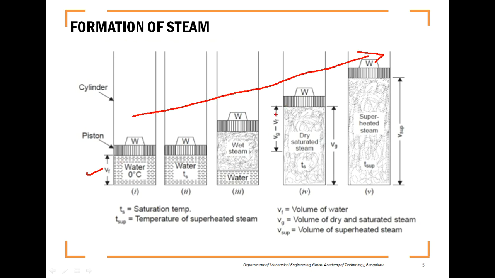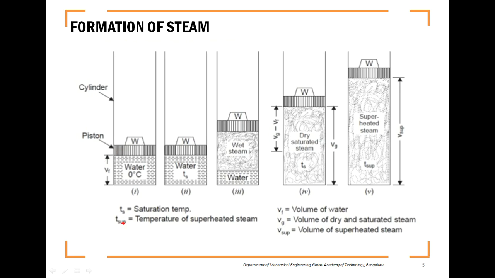I will tell you what these stages are, but for now, you have to just understand that the experiment is to heat the water contained in the cylinder fitted with a piston and an external weight W. Why are the external weight W and piston over the water? To exert a constant pressure P throughout the experiment. And Vf is the initial volume of the water.